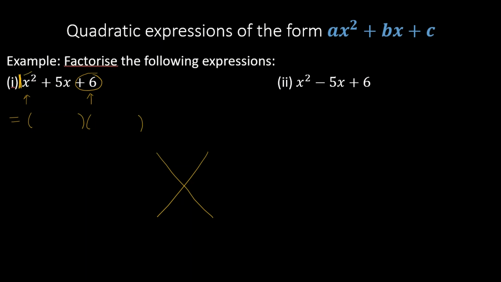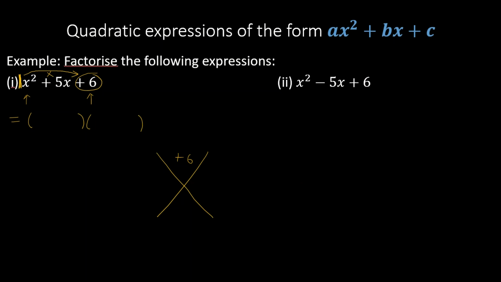We multiply the leading coefficient with the last term. 1 times positive 6 is positive 6, right? I repeat, you take the leading coefficient, which is 1, you multiply it by the last term, which is positive 6, you obtain positive 6,